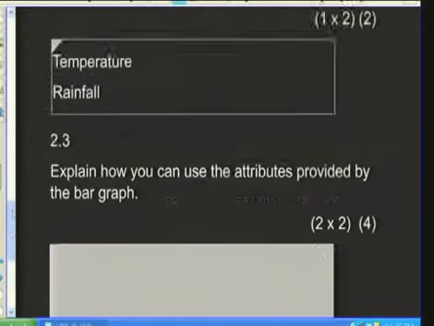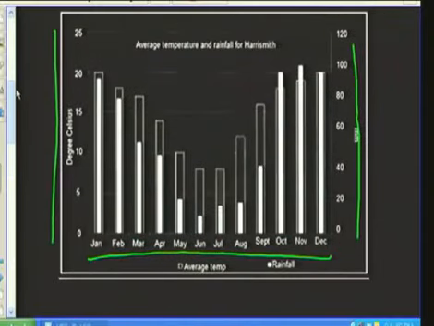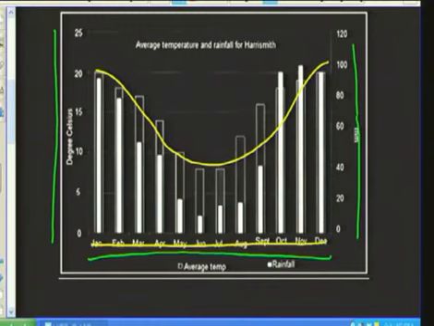Well, if you go back to the graph, what information is being given to us? We're going to be seeing things like how much rain or how high the temperatures are across the year, at which season, for example, you might be getting your maximum and minimum rainfall, winter and summer and so on, times of the year. You could actually, if you had the time, add up every piece of information in terms of total rainfall. You could work out average rainfall, average temperature, your temperature range. These are all different pieces of information that all come out of your graph